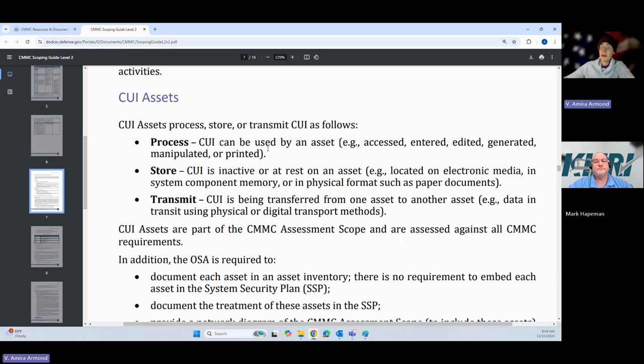And later on, in like part 5 or 6 of this series, we're going to talk about something called a contractor risk managed asset, which is defined by "can, but is not currently." And that's a much better use of these "can be" scenarios to call it a contractor risk managed asset. Anyways,